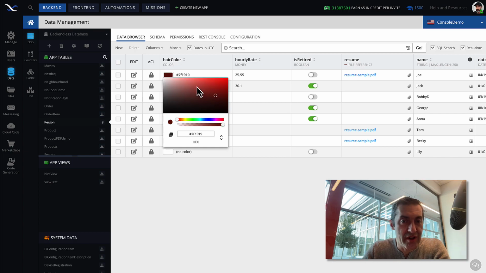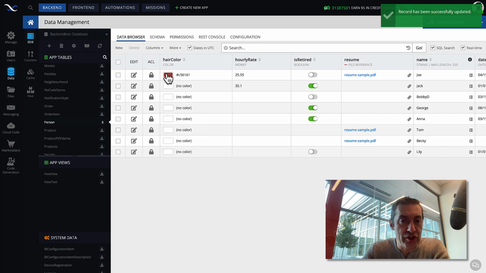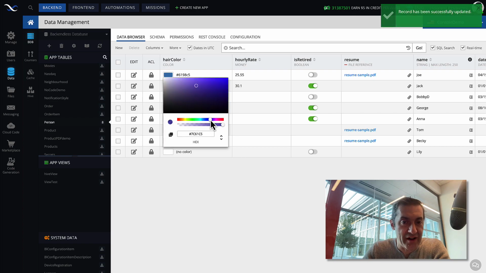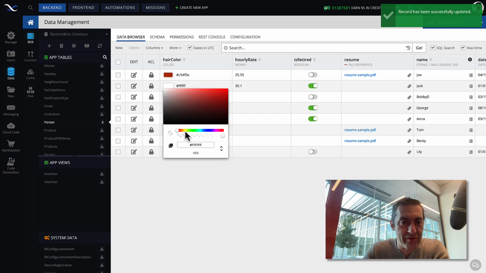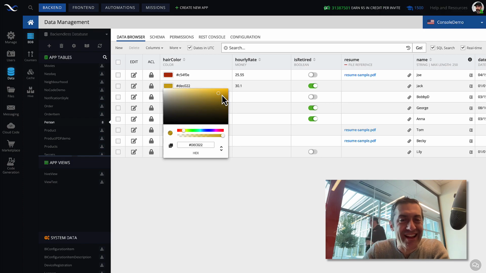You can just click around, or you can use the slider to pick the actual color and then select variations of that color. Let's say we have hair color, let's make it kind of reddish, right? So that's it. And then in here, we're going to make it more of a blonde. I don't know how to select a blonde color, but anyway, you get the idea.